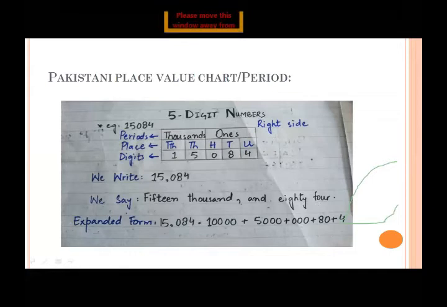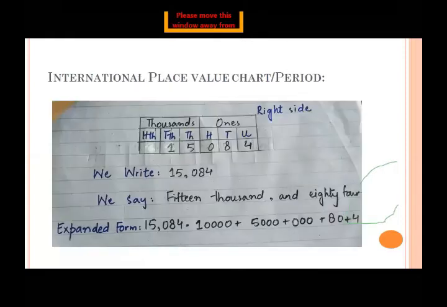Hopefully you all understand how to place 5-digit numbers in Pakistani place value chart. Now move to international. As I told you yesterday, today we are not working with 6-digit numbers in this chapter or maybe in this class, but I just gave you the concept yesterday that whenever we talk about a 6-digit number, that 100,000, that comes in the group of 1000 in international place value chart. That 100,000, the sixth digit number in Pakistani place value chart, comes in another group and counts as lakhs.